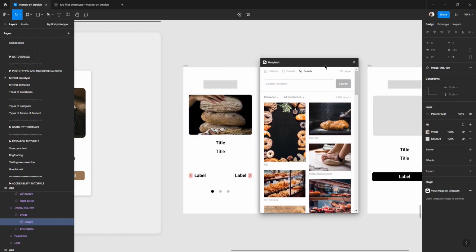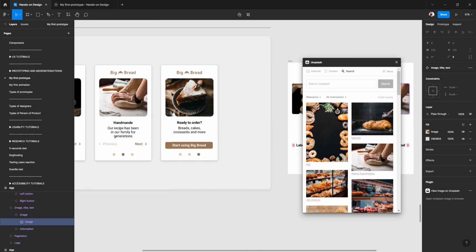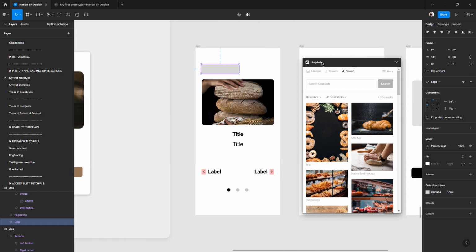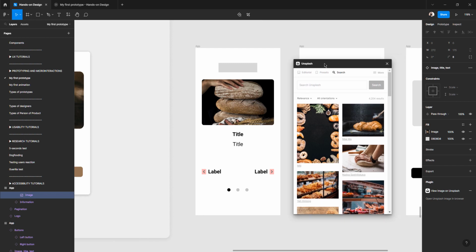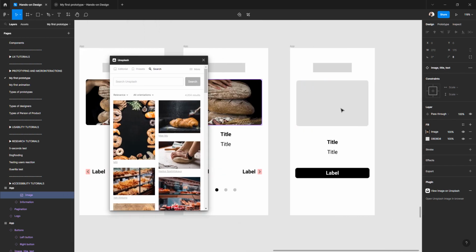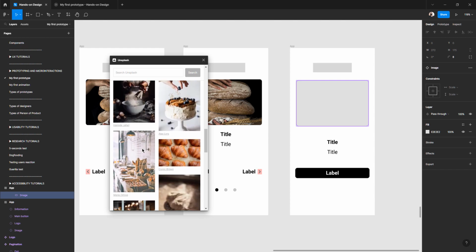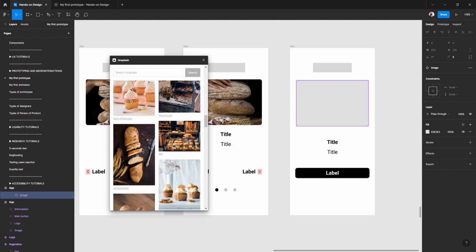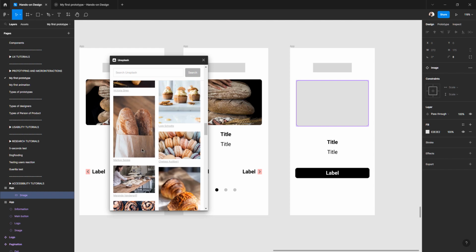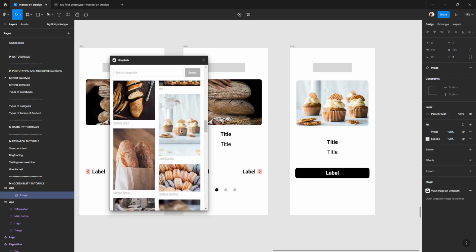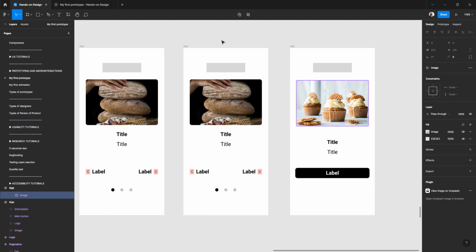So here I will apply this one here, and the last one, it's a cake, something like this. Let's find this cake. Beautiful cake. Doesn't have to be the same one. I like that one, but we can go with other images. There are many free, beautiful, cool images, right? So I solved the problem. See,